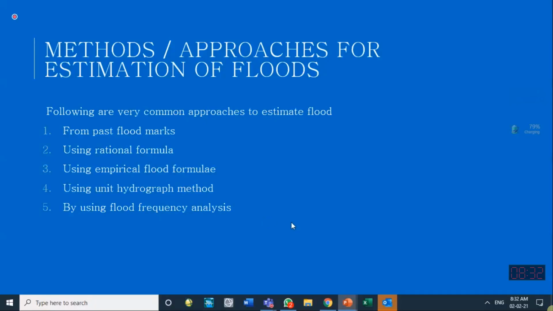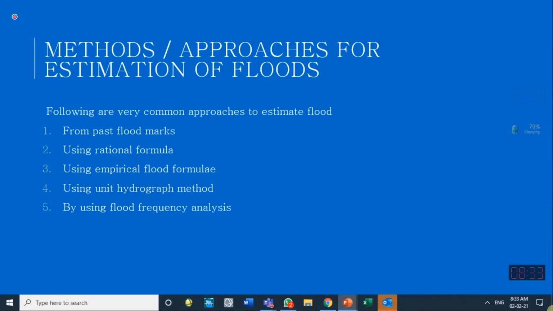So now, knowing what a flood is and why floods occur, we engineers are frequently asked to tell the design flood. If you are constructing a new structure, tell us the value of the flow or flood for which this structure should be designed, for which the spillway should be designed, and for which the opening within the bridges, the path of the water through the bridges, should be provided. That controls the length of the bridge. So how much should be the length of the bridge so that the flood can sufficiently pass? What should be the design flood?